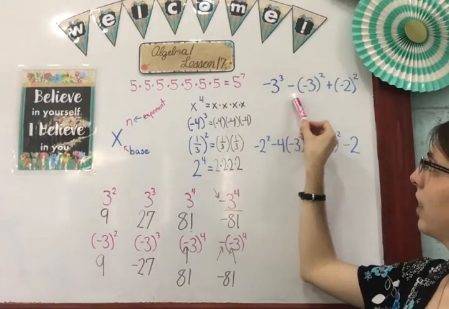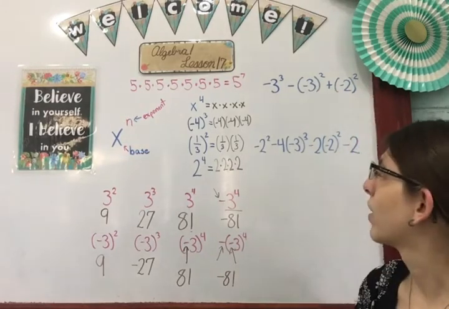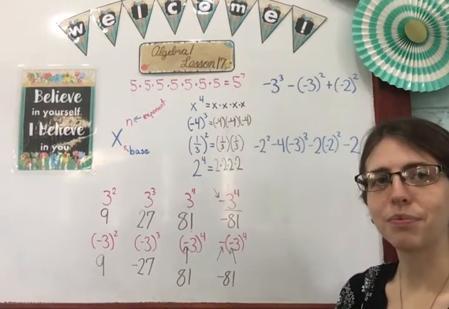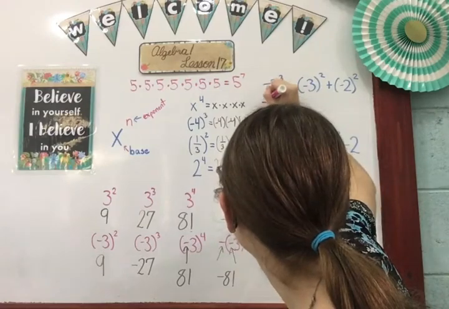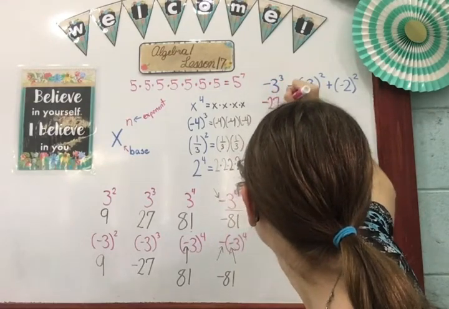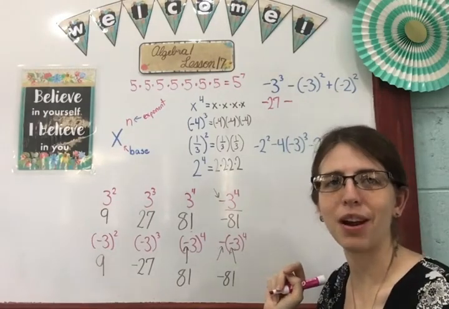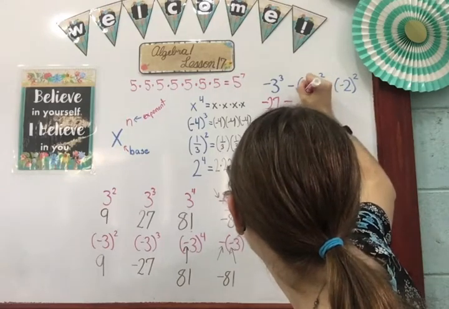-3 cubed minus -3 squared plus -2 squared. So here I have the opposite of 3 cubed. What's 3 cubed? 27. So the opposite would be -27. Minus, here I have -3 squared. What's -3 squared? +9. So I have -9